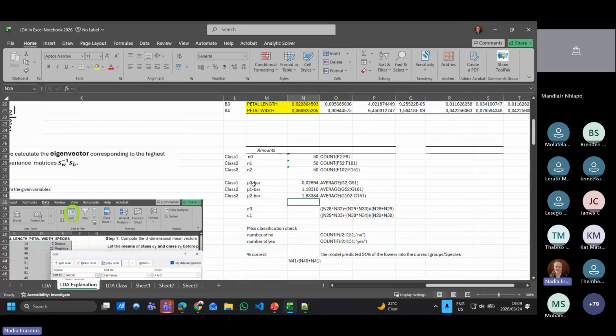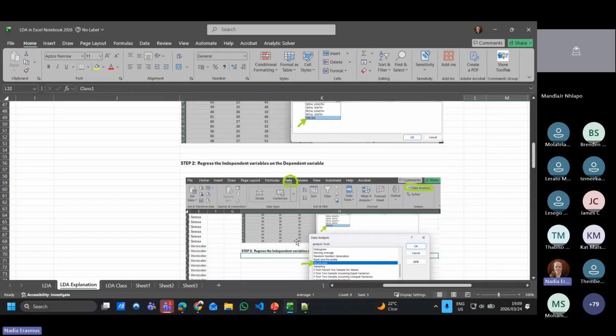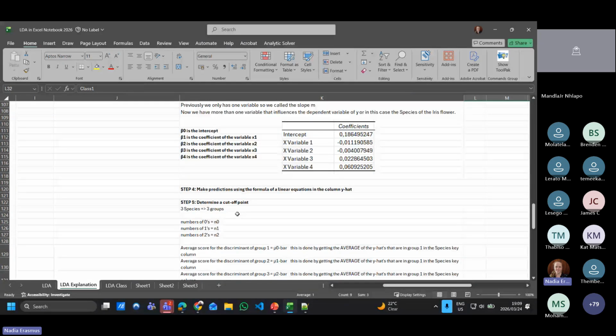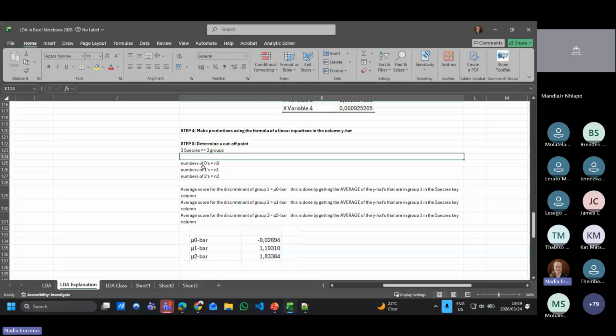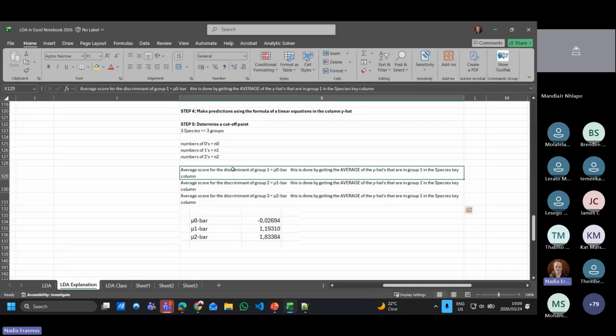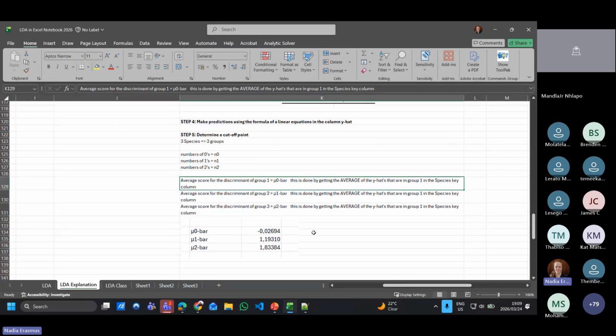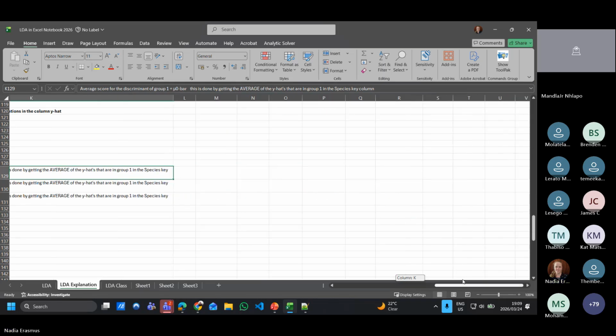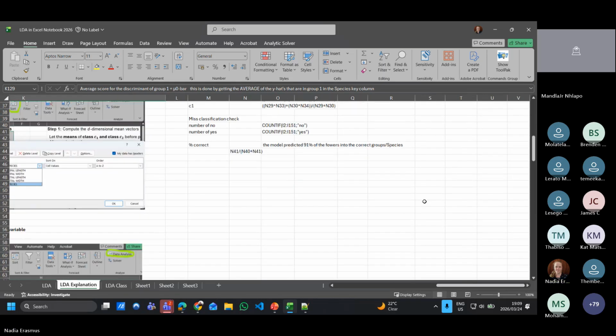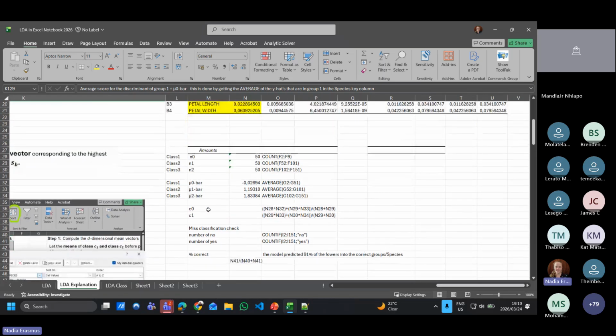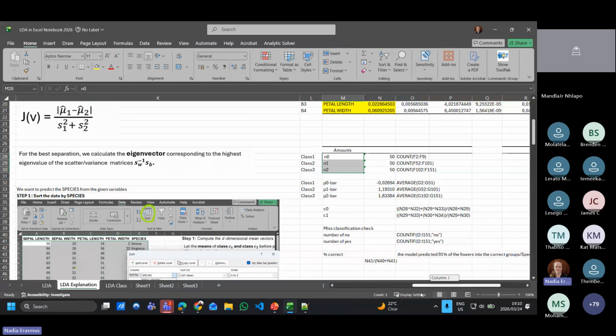Okay. So now we have those y bars. We have the values that we need. So in this case, we have our y bars. So this is our average score for each group. So it's our discriminant analysis group. Okay, so this is, scroll up to the very top. Okay, and then if we have now the averages, we have the counts, then we can now get our